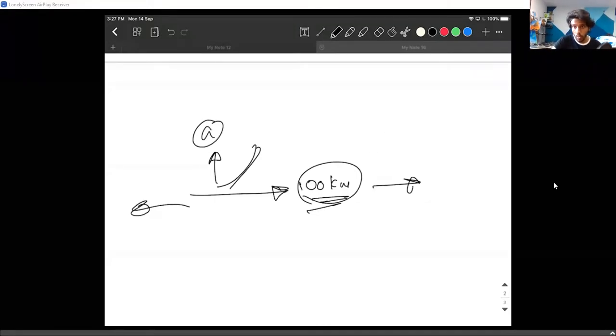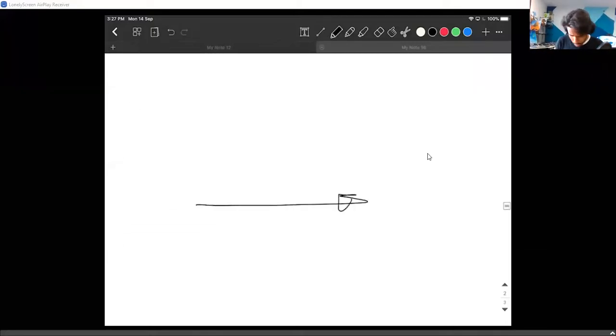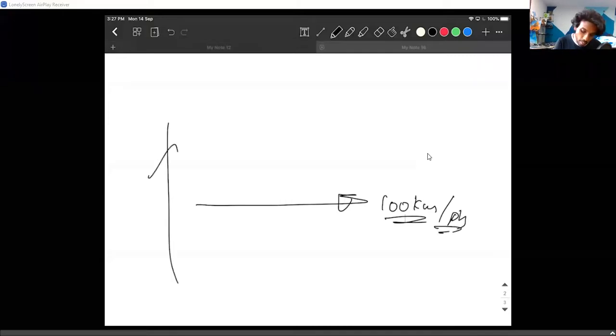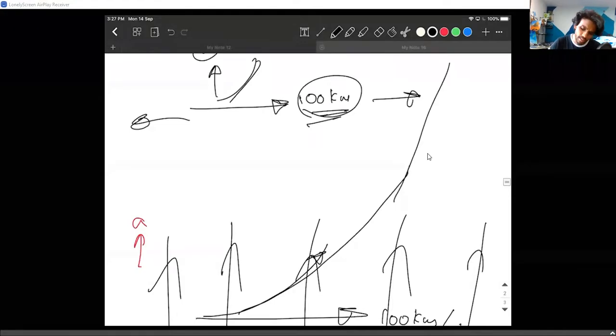All right, now let me continue this. Let us take the same example, 100 kilometers per hour. A man is trying to go with a speed of 100 kilometers per hour on a bike, and some wind is blowing in this direction. So there is some force in this direction, and because of this force, there is some acceleration in this direction. Because of this acceleration, there will be a change in his direction. He will be drifted towards that direction, that is for sure. But this is not a circular motion, because you will simply drift away and go in a parabolic path. That's the best case.